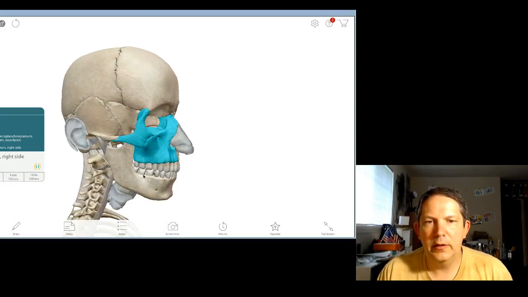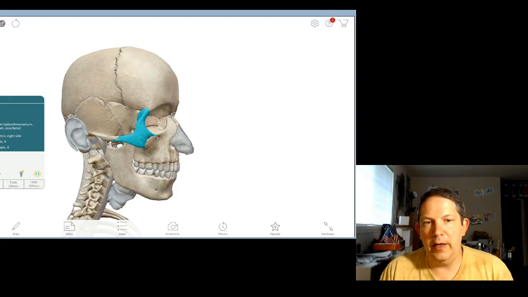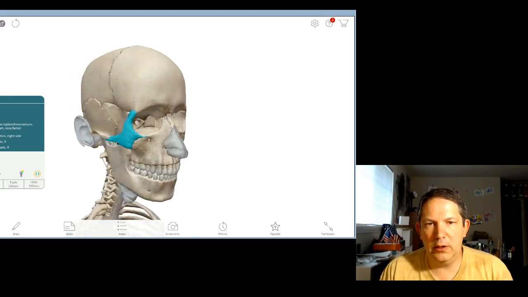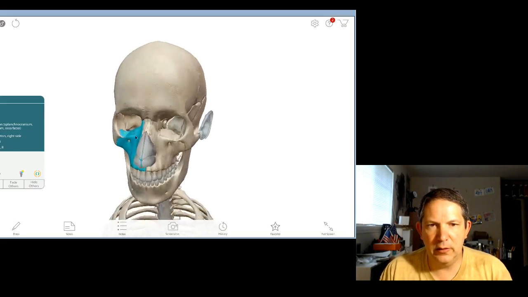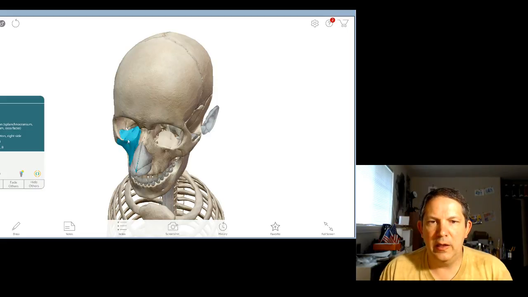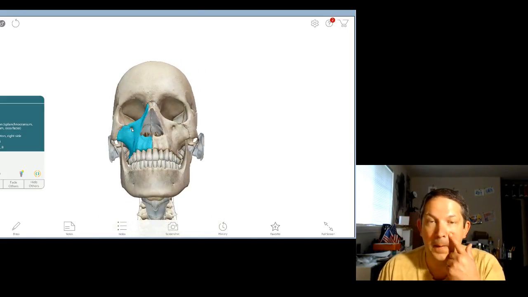Okay, but we talked about temporal bone. Here's zygomatic bone, and together they form a zygomatic arch. You can see the zygomatic bone also forms a portion, the lateral portion, and maybe lateral inferior portion of the orbit. Here's the maxilla, which forms the inferior and medial portion of the orbit. And look at that,